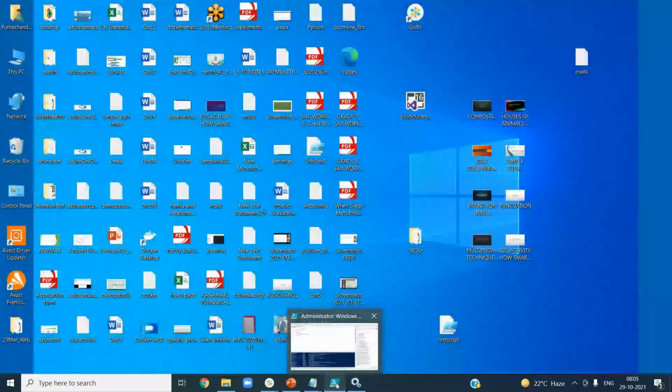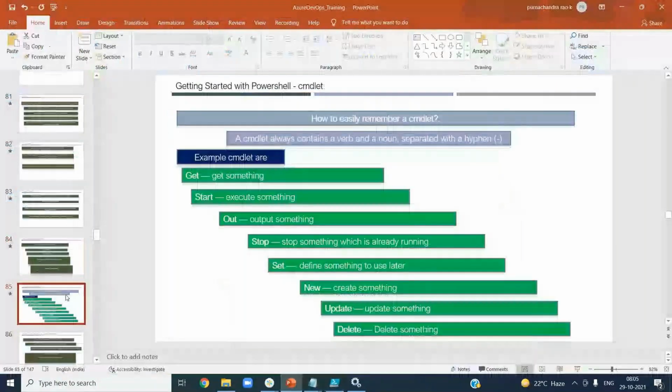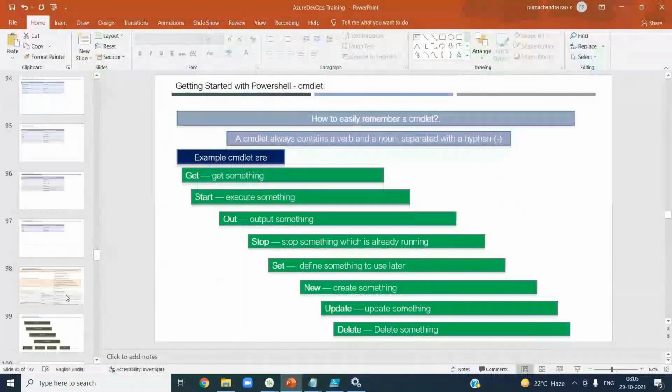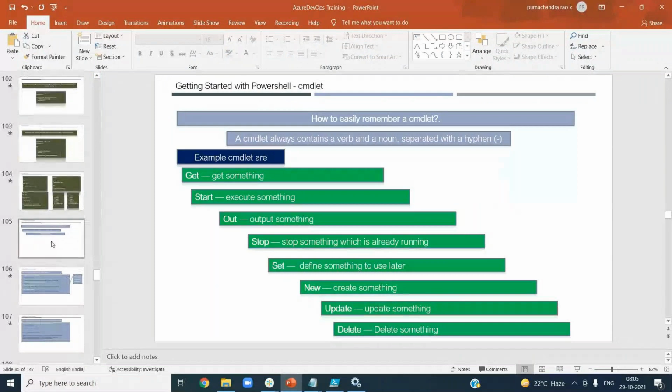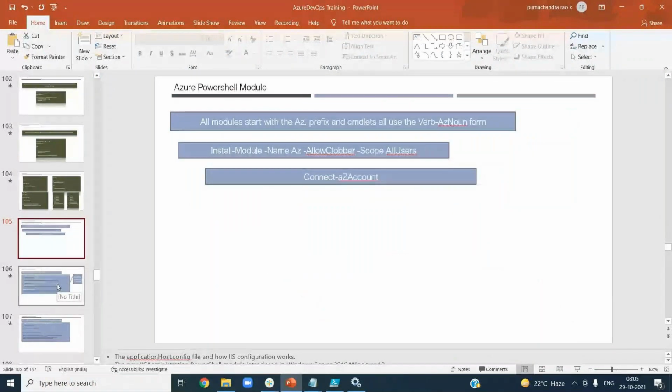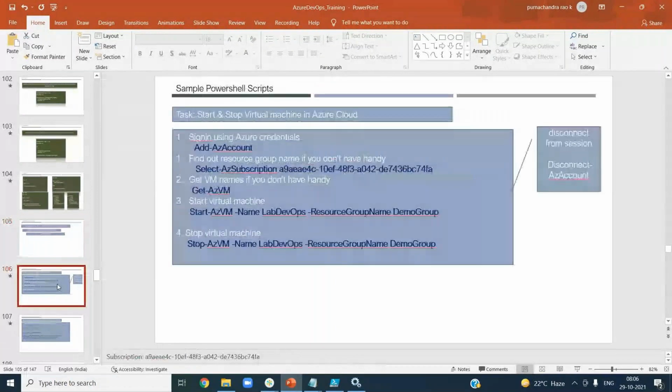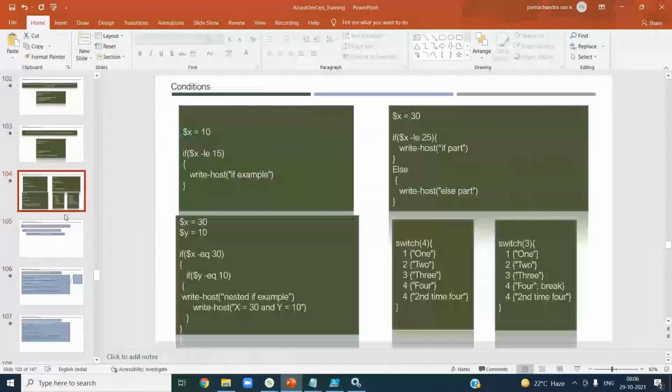So guys, I would like to stop these commands and the fundamentals for today. Tomorrow, we will write some complex scripts and then execute those scripts from the release pipeline, and from the pipeline on different servers as well. Okay, that we will do tomorrow. Now you have covered the fundamentals.